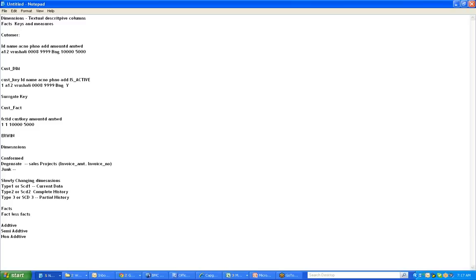Sorry, sir, can you repeat semi-additive and non-additive? Okay. Semi-additive, you have 4 columns in a fact table. 3 columns can be added, 1 column cannot be added. If there is a percentage column in the fact, you cannot add percentages, right? So those kinds of facts are called semi-additive facts. Non-additive are those which have averages, percentages, bonus received, all those things that cannot be added at all. Those are called non-additive facts.